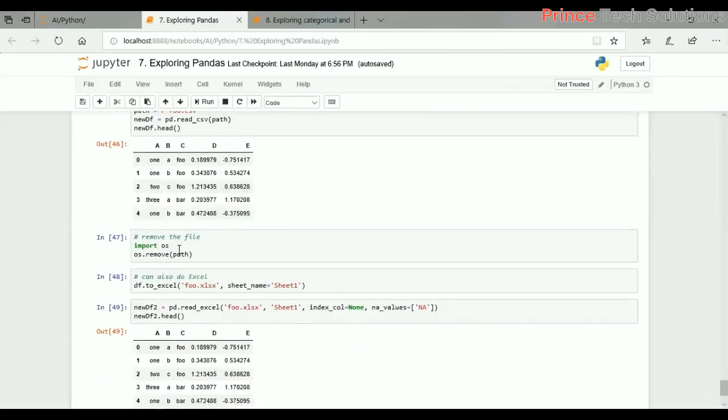This is the Python functionality which we have. Again, we can save the data to Excel. So df.to_excel, and we can also give the name to the sheet over here. And we can read the data with read_excel, sheet one, and if you want the index